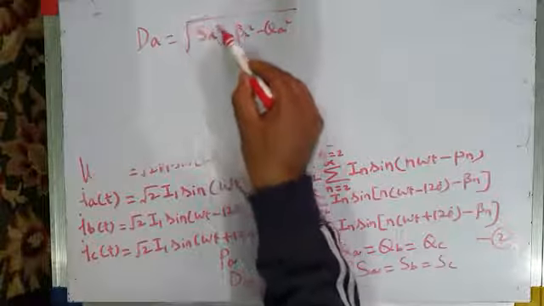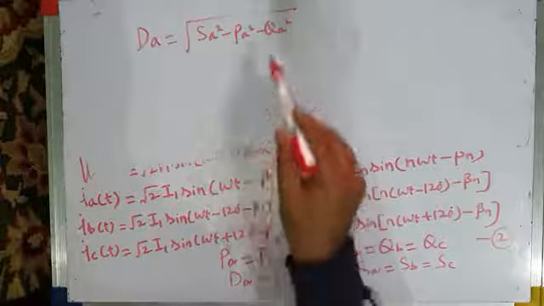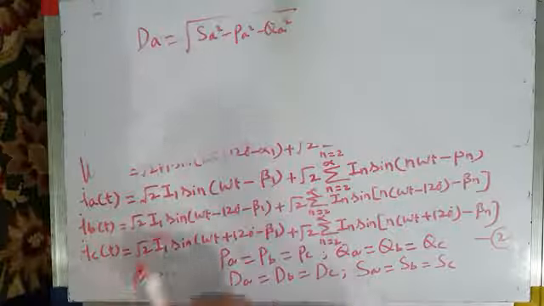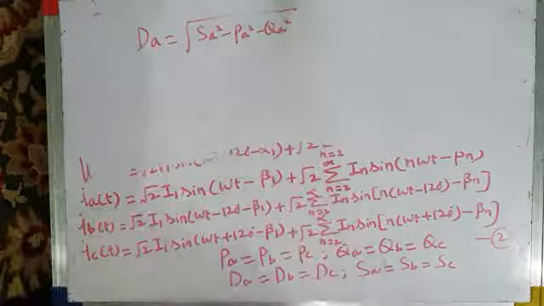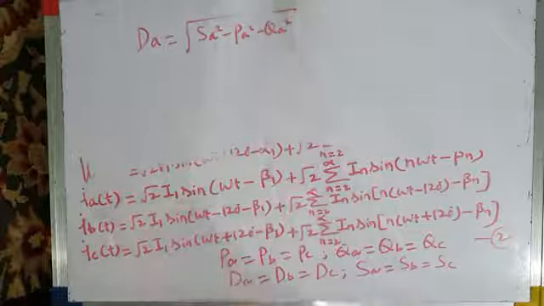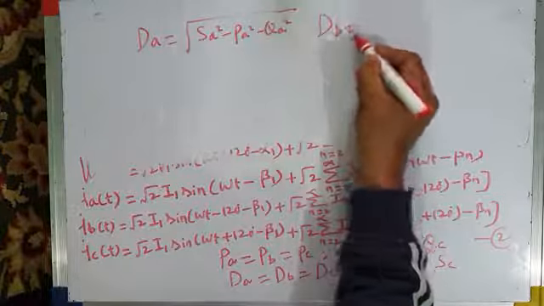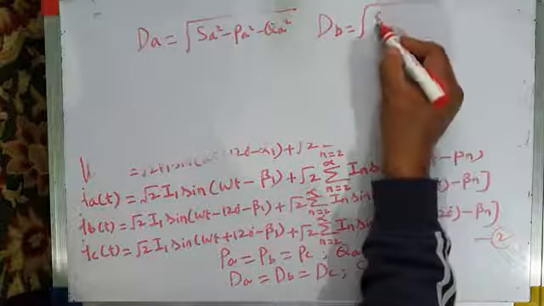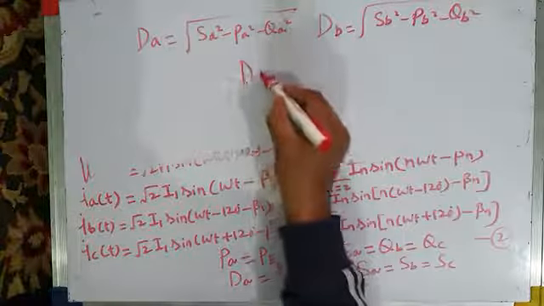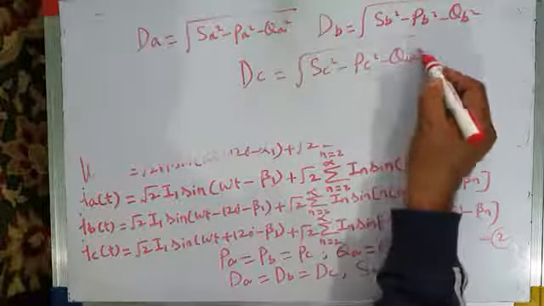So you have total apparent power, which is basically phasor sum of all type of powers, phasor sum of active power, reactive power, and distortion power. And if you want to find distortion power, which is under root of apparent power square minus active power square minus reactive power square. So if you subtract active as well as reactive power from it, what power are you left with? You are left with distortion power, which is because of harmonics. Similarly, the distortion power in phase B is equal to under root of SB square minus PB square minus QB square. And distortion power of phase C is given by under root of SC square minus PC square minus QC square. So I hope this is clear.